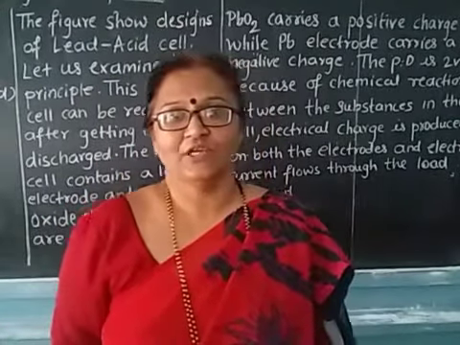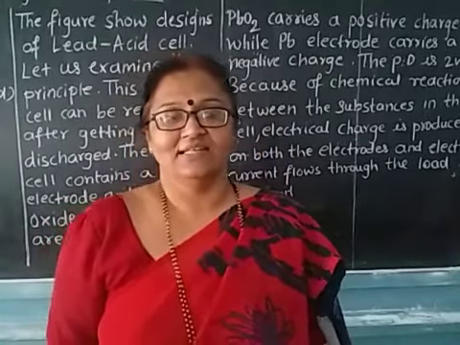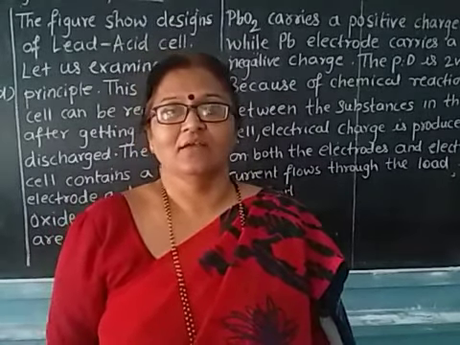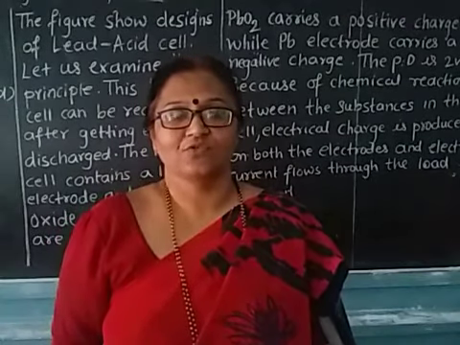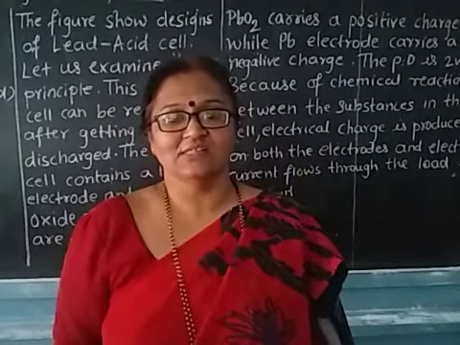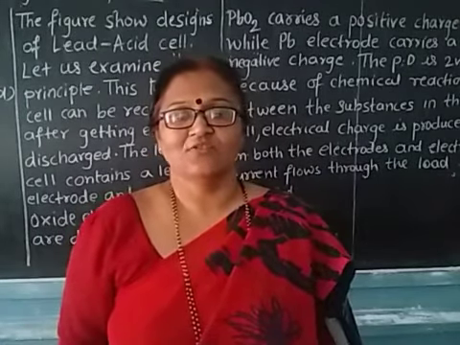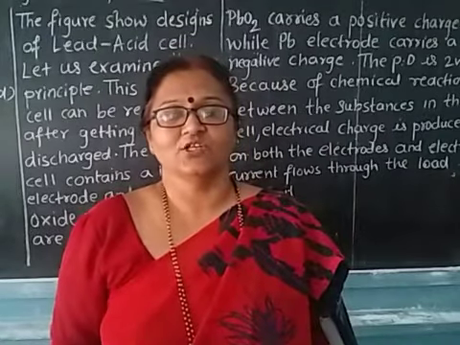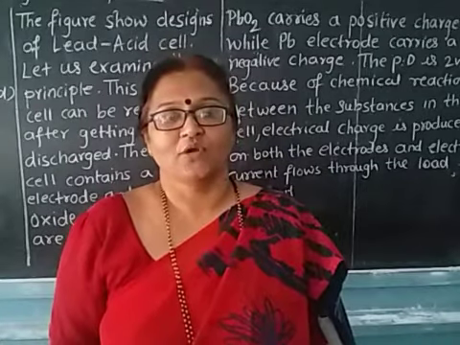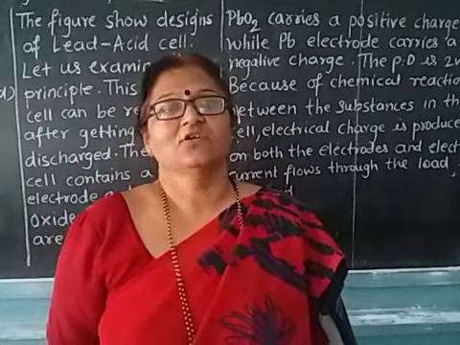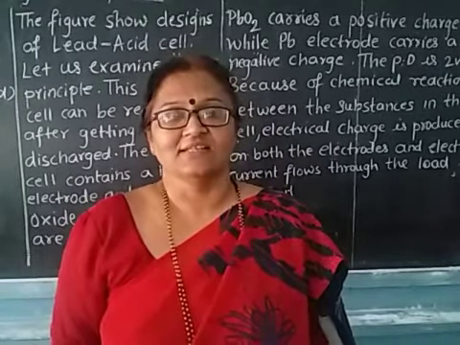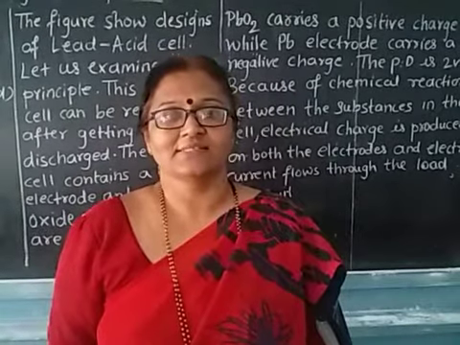In this lecture today we have seen a dry cell and a lead acid cell. Both cells are very important in the market and very useful for us, because the dry cell can be used in any direction, and the lead acid cell is made up of lead and acid, where the two electrodes carry positive and negative charge. One is PbO2 and one is Pb, and there is a potential difference of 2 volts between them. The next point will be seen in the next lecture.